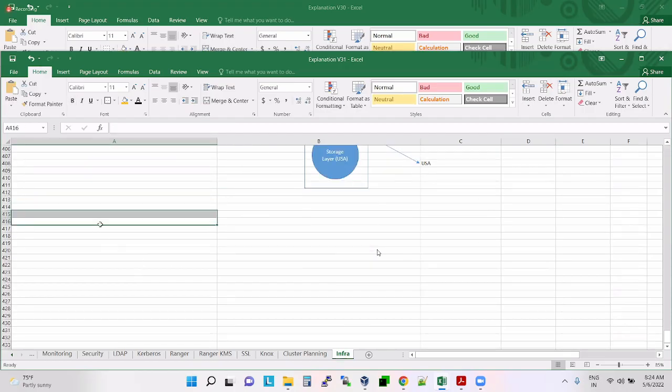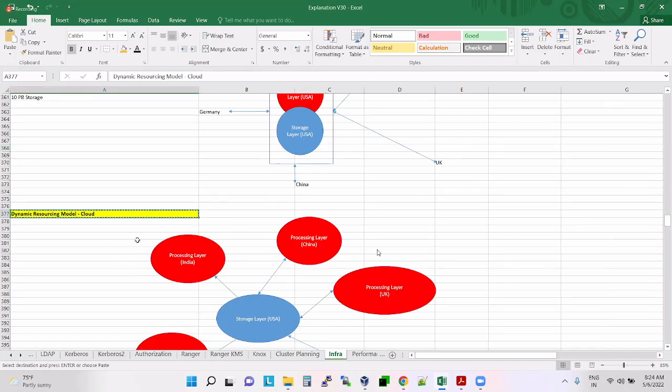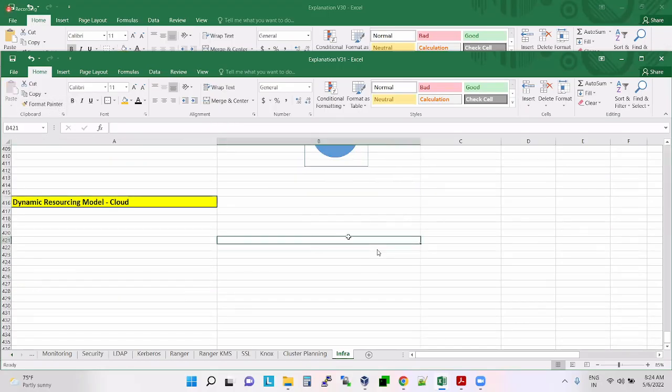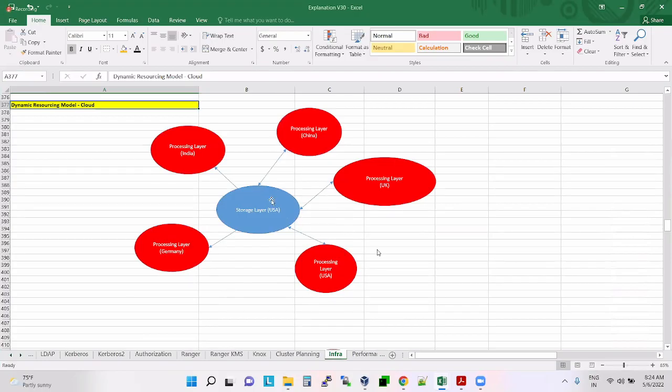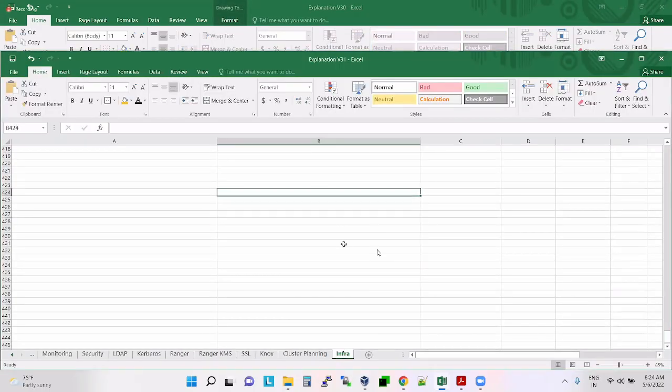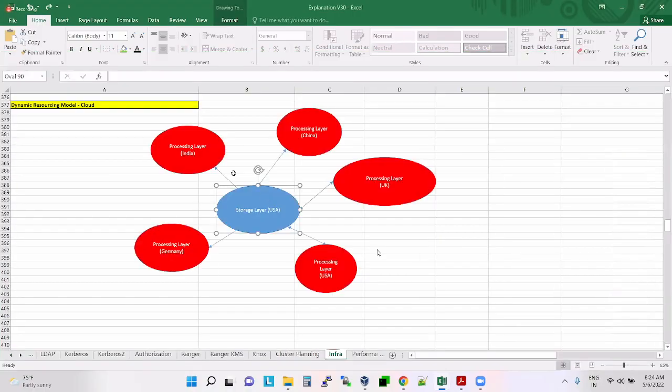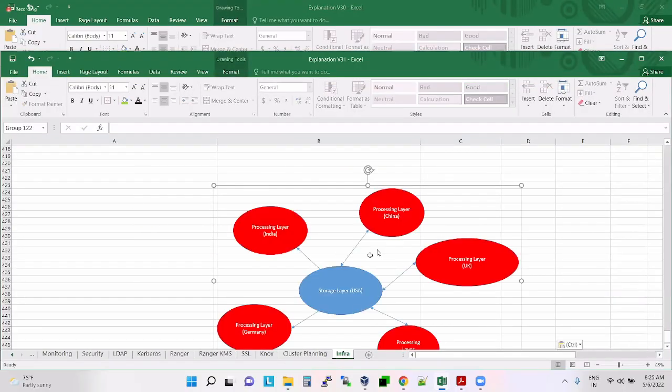But what if I go with the dynamic resourcing model? We have regions in the cloud, in different places. So what we do here is keep the storage layer in the USA. Understood?